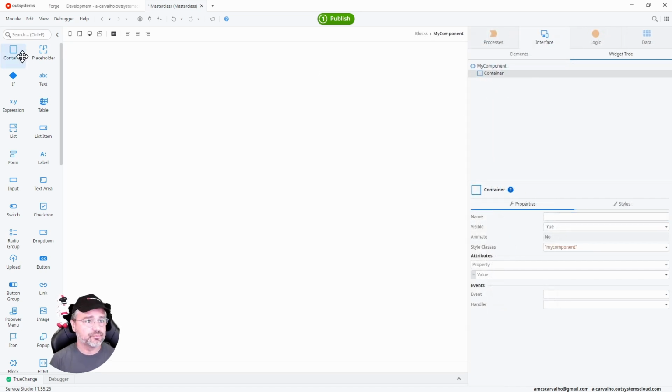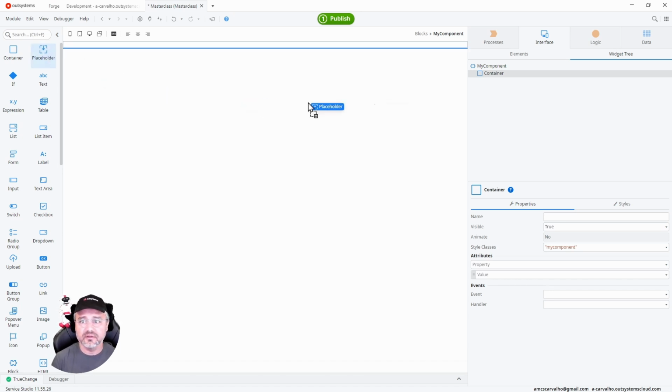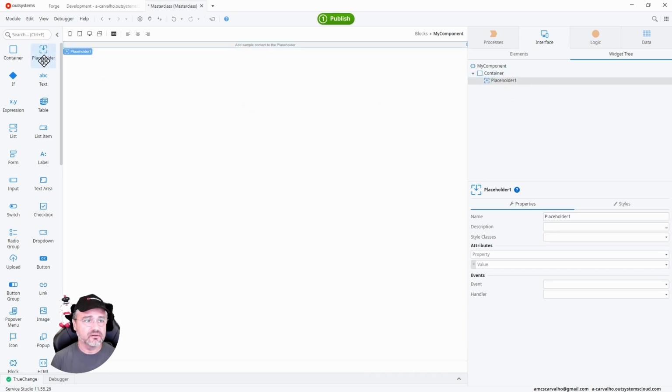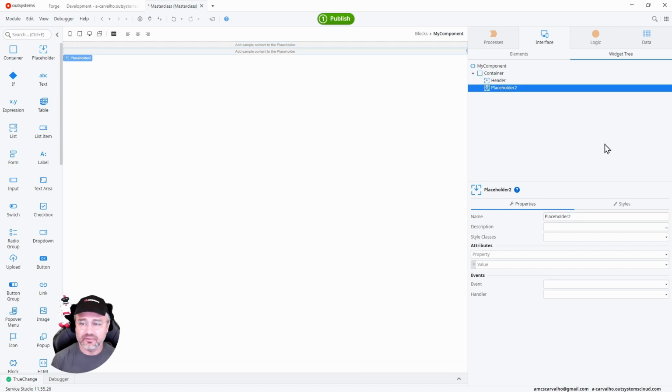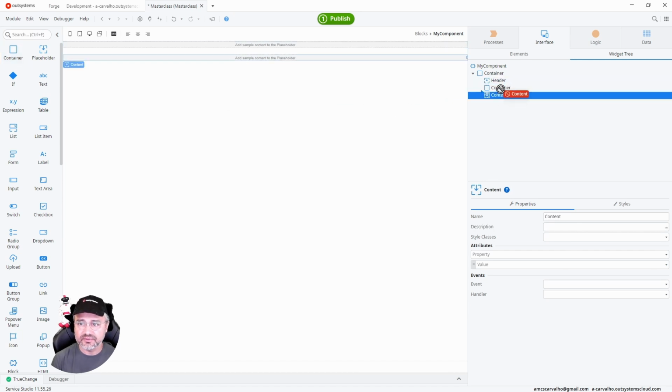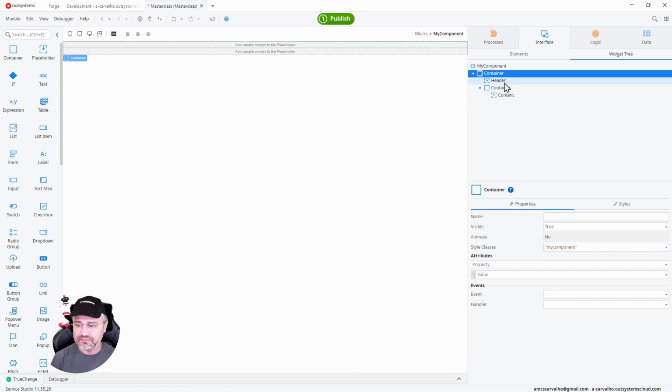Okay, so let's put some content areas in our component. We will have a header and a body. So I'll just drag two placeholders here. This will be the header. And this will be the content. Okay, I'll just put a wrapper here. And I'll put the content inside. So in the future with the CSS, this will help me manage the padding when we get to the CSS part. So this is the container